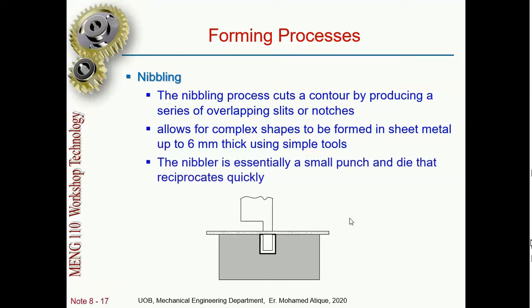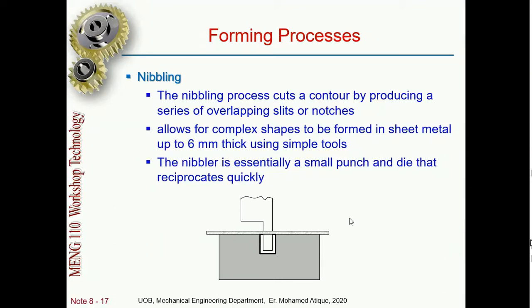Now nibbling process is similar to slitting. In slitting we have seen we are not making the hole completely but just bending it a little. So here we are processing a series of overlapping slits. A series of overlapping slits will be termed as nibbling. In slitting, the bend was done only one time by one press. Here we'll be doing it multiple times to get the required slit. So we'll be nibbling a little amount of metal from the sheet.